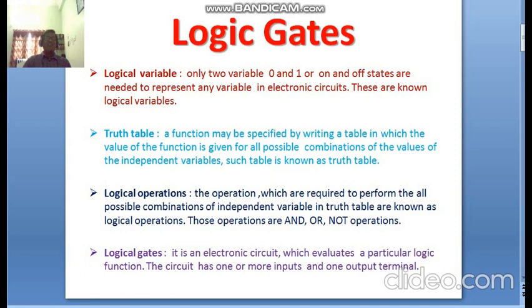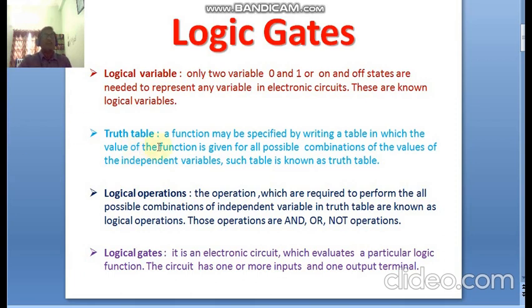Similarly, yes or no: is it working, yes it is working, or it is not working. So that means there are a number of questions in physics having two states of answers. Similarly here also, the two states can be explained by two different variables. Those variables are treated as 0 and 1, or on state or off state. These two state variables are known as logical variables.